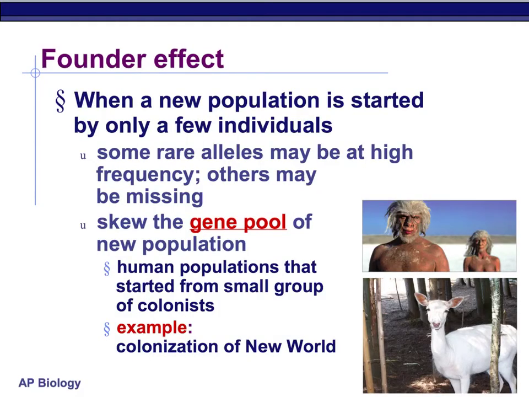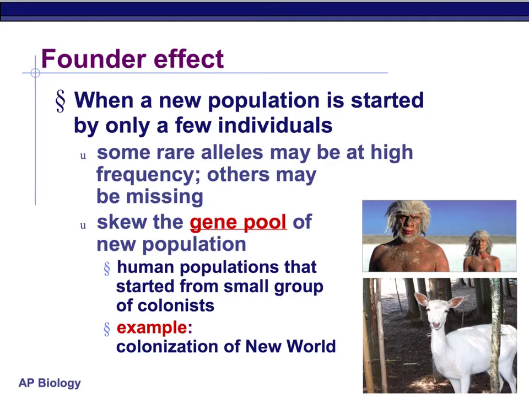Okay, so founder effect happens when a new population is started by only a few individuals. So for some reason, a small group of people, like our pilgrims, for example, or a small group of birds, like the finches, for example, break off from their main population and colonize someplace else. The situation that's created here is you're changing your gene pool. What you're actually doing is skewing your gene pool because you're changing the frequency, the rate at which we see